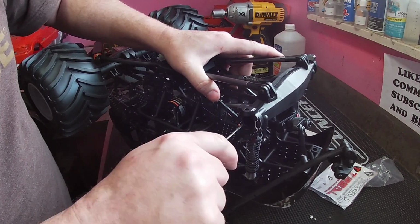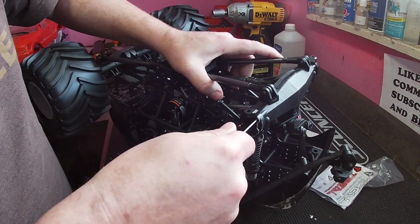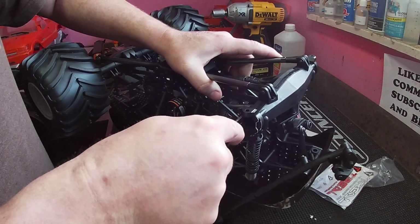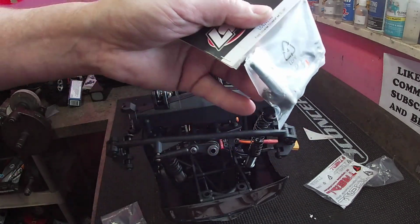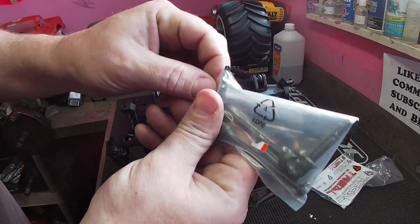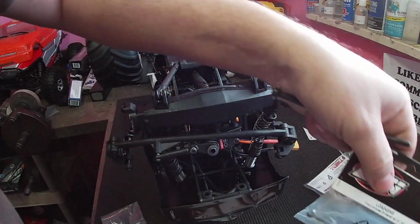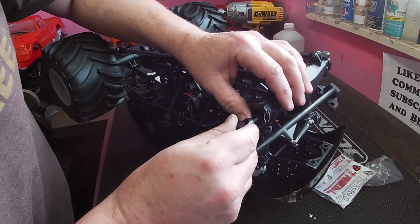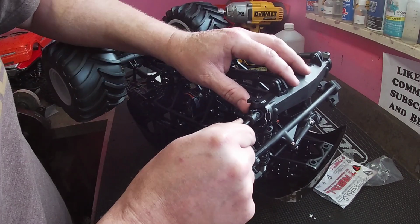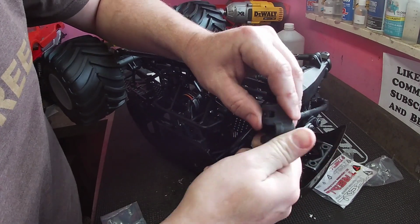Hand tool. I don't want to open up my new axle shafts and pull one out of here. It doesn't matter which one because they're both the same length. And for these, you're just gonna stick them in there and kind of twist them till you feel them fall in the dog bone. There it goes. Okay, once it's in there,